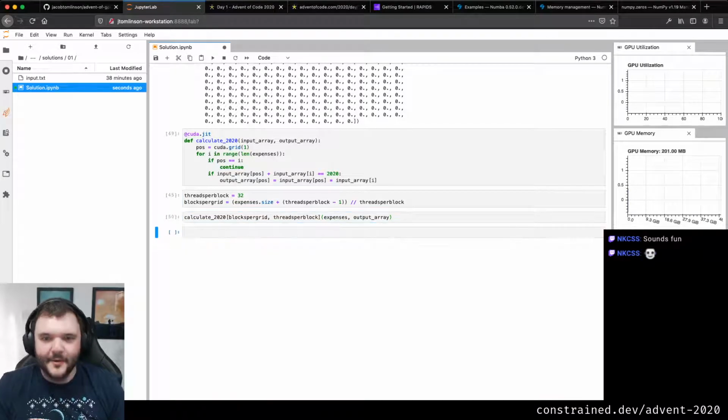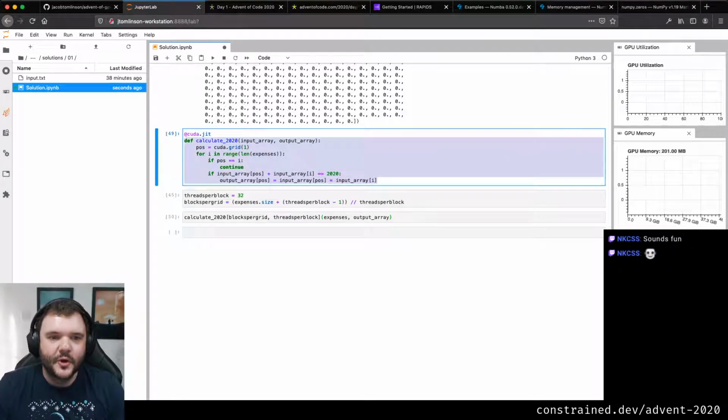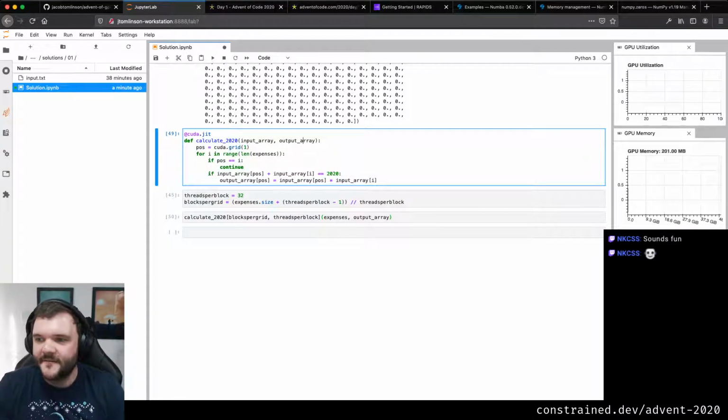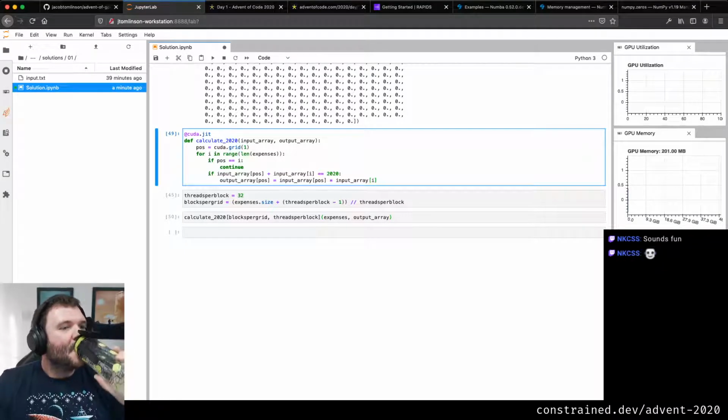Let me try. Oh, that ran. Okay, so that error we just had was because when we call cuda.jit on this function, Numba is inspecting everything in here and doing all sorts of clever stuff. It compiles it down to LLVM bytecode, if that's of interest, and then uses LLVM to compile, or the NVIDIA flavor for the CUDA stuff. I think it uses NVCC, which is like a compiler for C++, but it can take in LLVM bytecode. So it has to do all sorts of stuff.